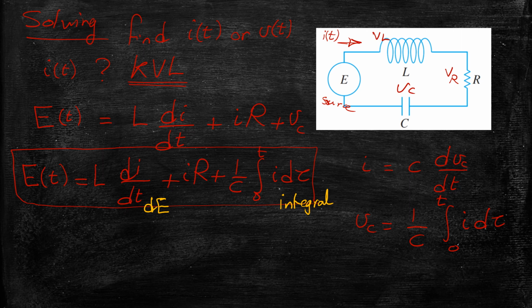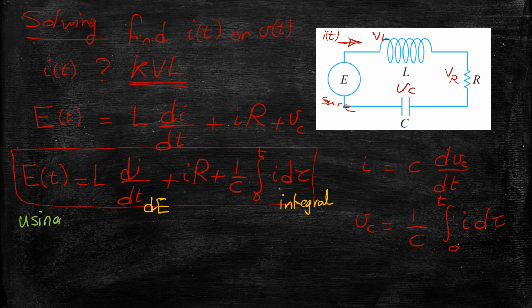So this is what's called an integro-differential equation. It's not that straightforward using algebra and regular calculus. So rather we can get this equation as a second order differential equation, or the other way around,